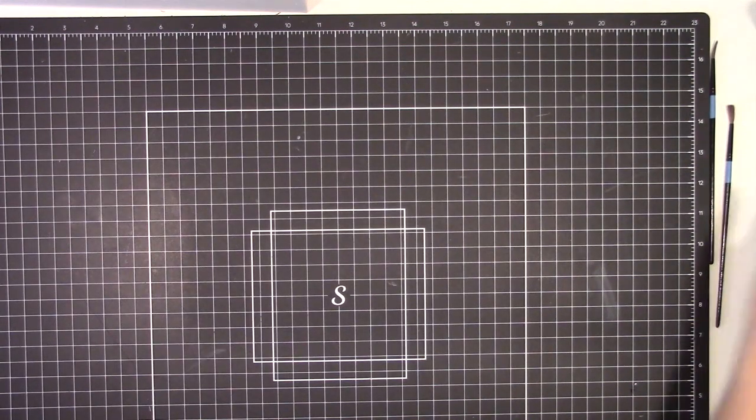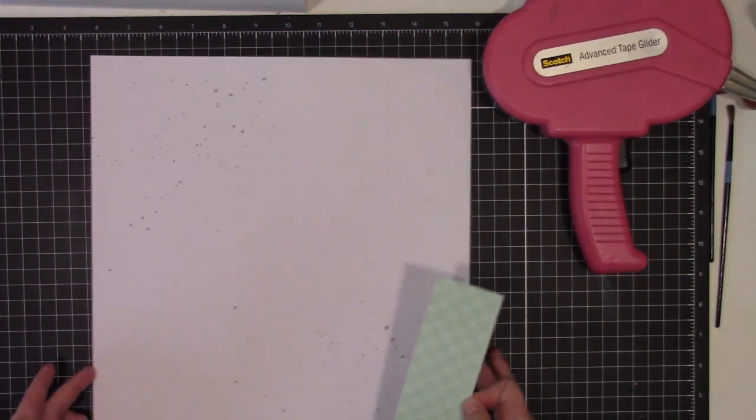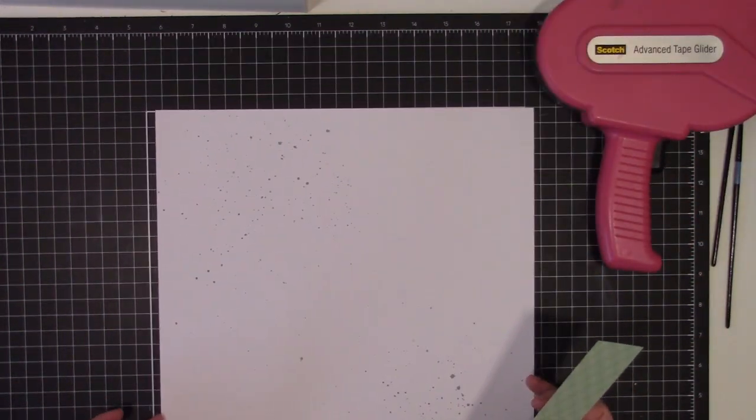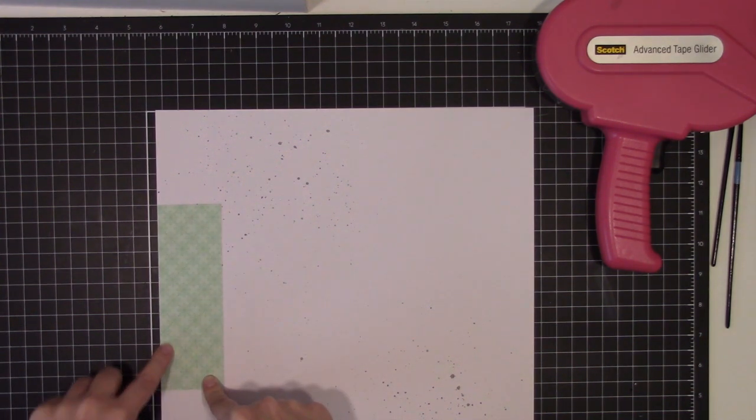I will say this is a layout that even before I start putting it together, I already know I'm going to skip journaling. This layout, because it is part of Halloween. So for me, things like Halloween, birthdays, Christmas, those types of holidays I know are going to span for sure more than one layout. I'm going to have a good chunk in that album that's going to span those